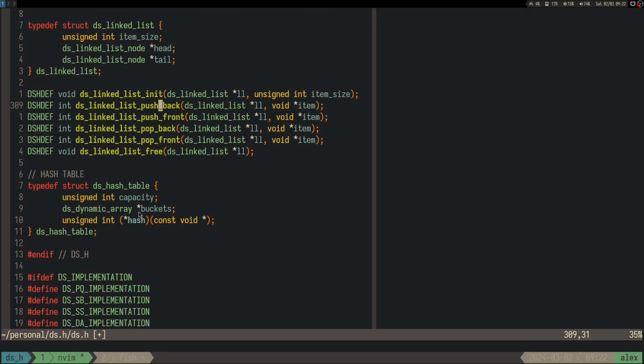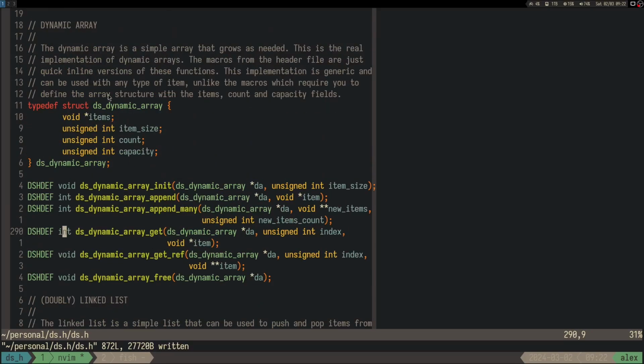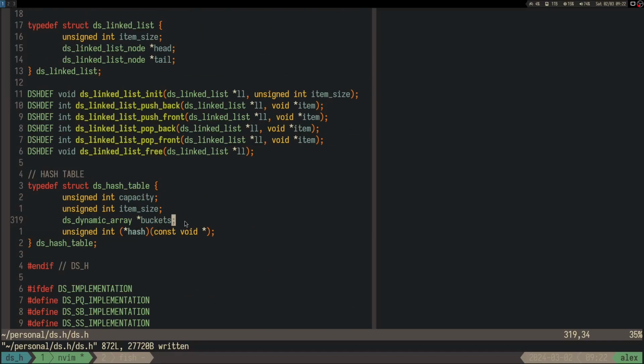We need the item size to be able to initialize the buckets, right? So item size. Yeah, let's put this thing like this, something like this. So we have the buckets. How big is one item? The capacity, the hashing function,